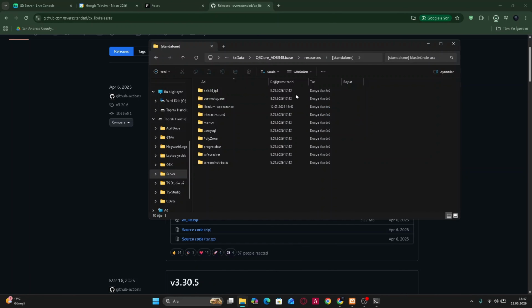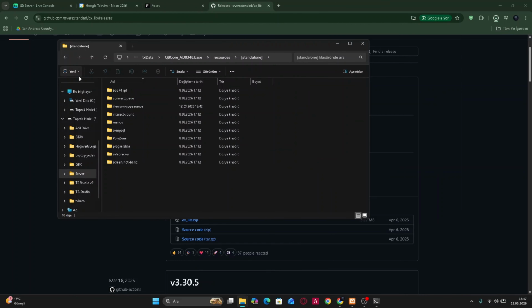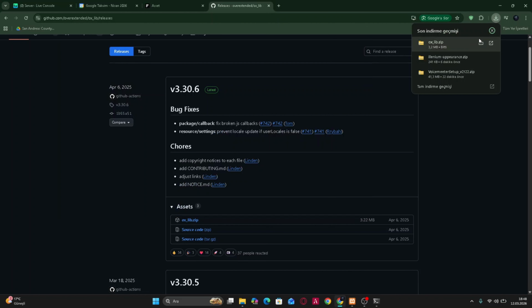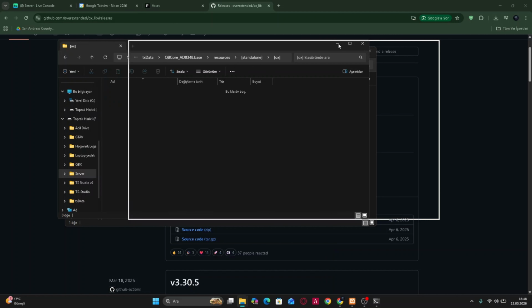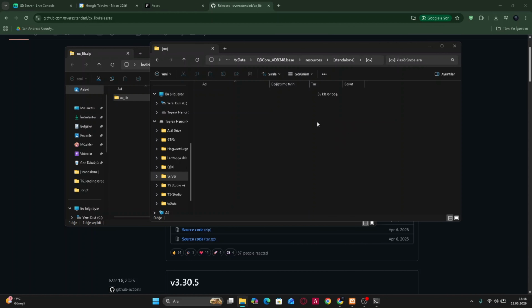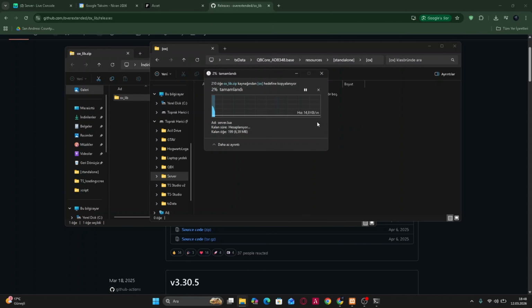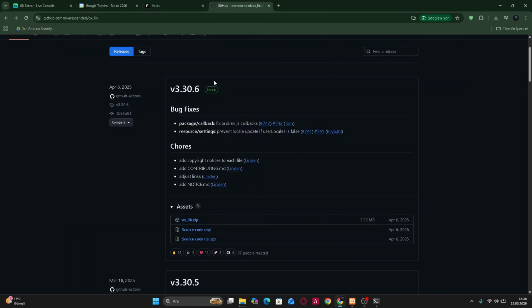So while it's downloading, just open here and then we need to create a folder and make the name like ox, and then just open it, then open our ox_lib, and just drag it here. While it's copying,